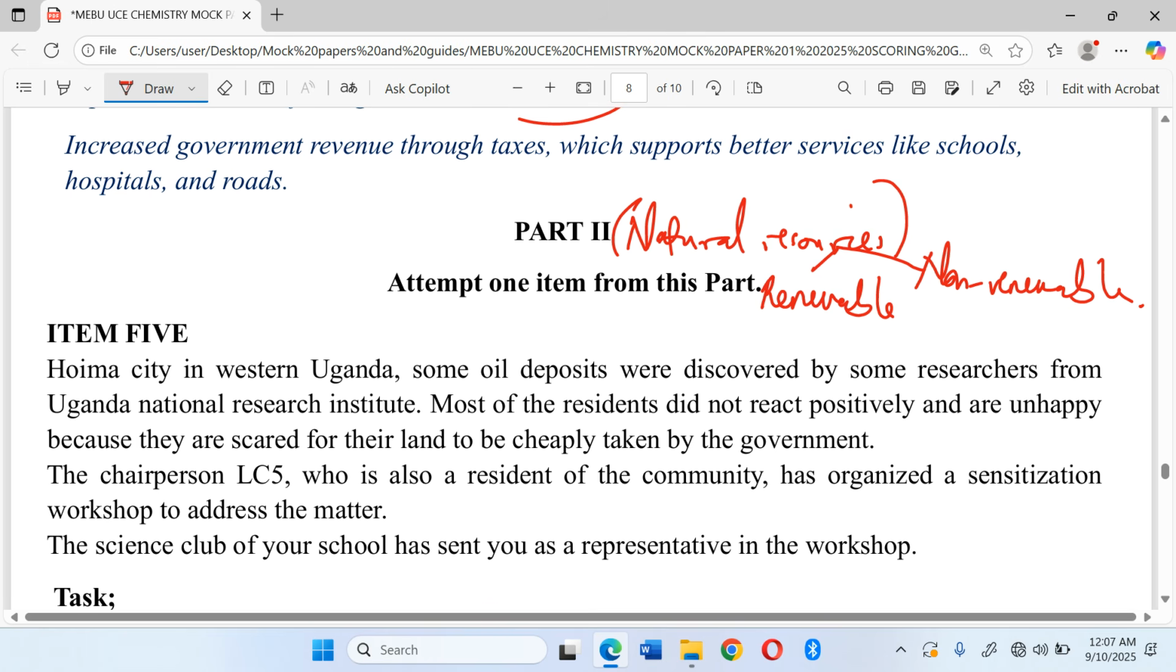So what do we do when we meet an item in section B, part 2? Section B, part 2 is one of the areas that I don't expect any learner to get less than 3/4 of the scores. Why? Because all these questions are covered right away from senior 1. And as you keep on modifying from one level to the other, we are seeing that